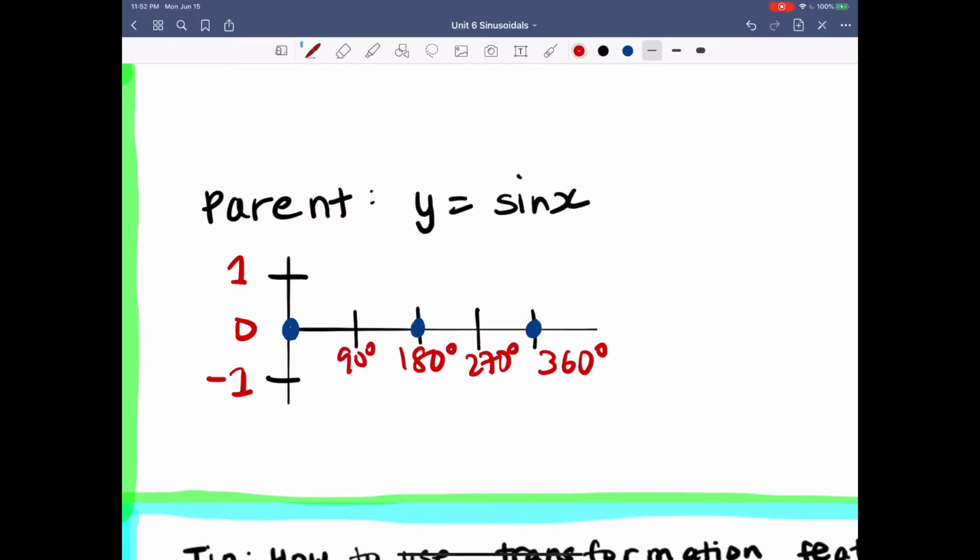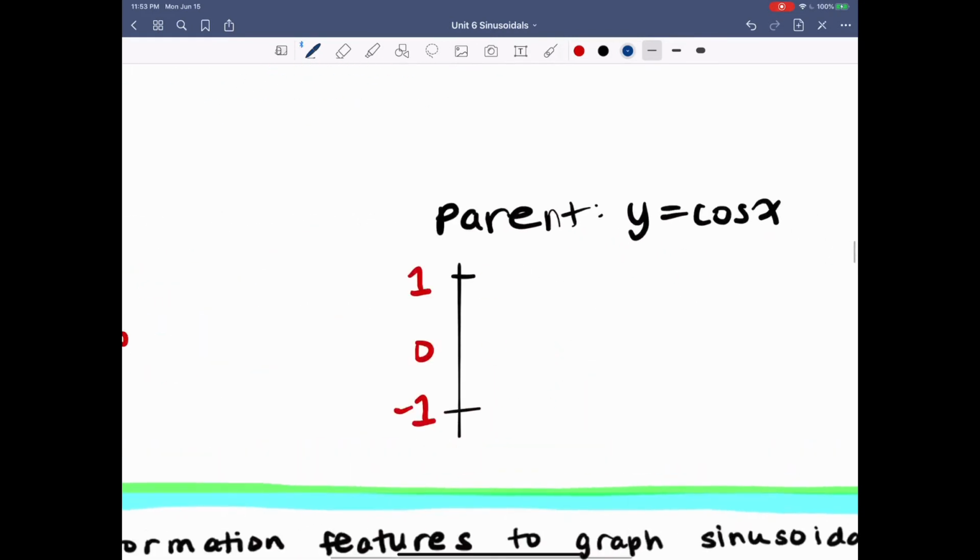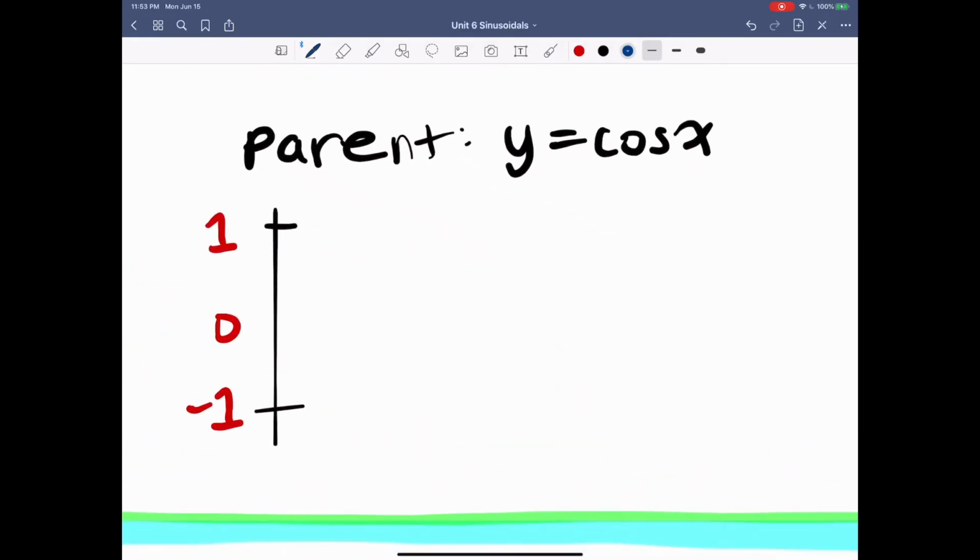I know that if it's a positive y equals sine x, which is like the parent graph, it's going to hit the max first and then it's going to hit the minimum later on. And so it's going to go up, meet the axis, and then go down to the minimum and reach the axis. So y equals sine x. And then the parent graph is